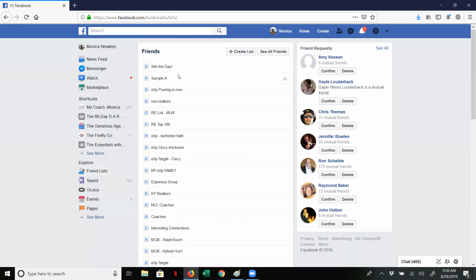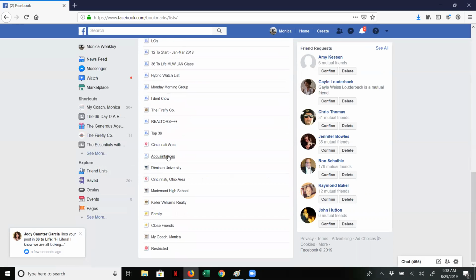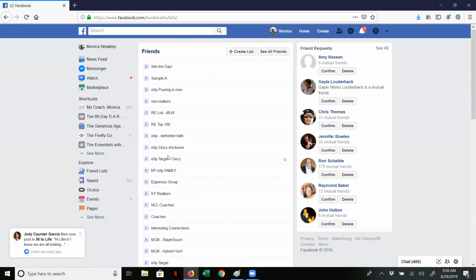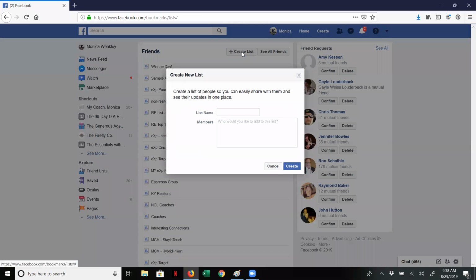Now, if you've never used this, Facebook has some default friends lists that'll automatically show up. I don't know, maybe 6 or so. I have a lot more. As you can see, I've created a lot more. But what you can do in here is you can click Create List, right? And you'll call this